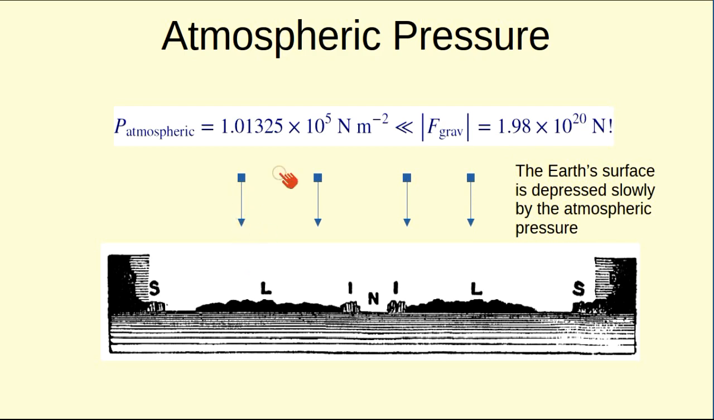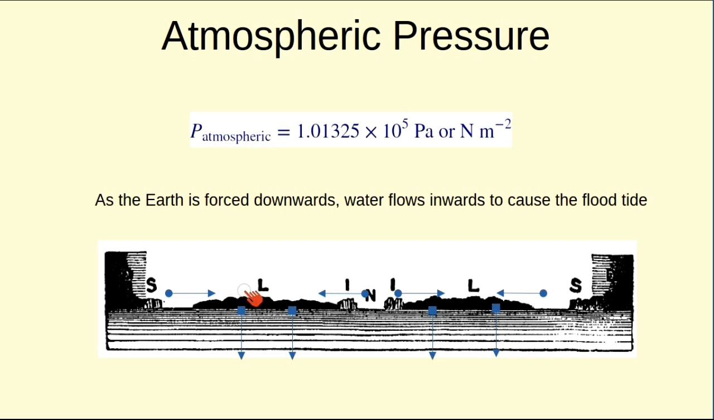So the atmospheric pressure is coming down with these arrows onto the Earth's surface. And you'll see that the water underneath is not going to get compressed. It's the force of the pressure of the atmosphere pushing down that will depress the Earth's surface. When that happens, as the land mass is forced downwards, then the water from here will flow inwards, and the water flows inwards here to cover it up,